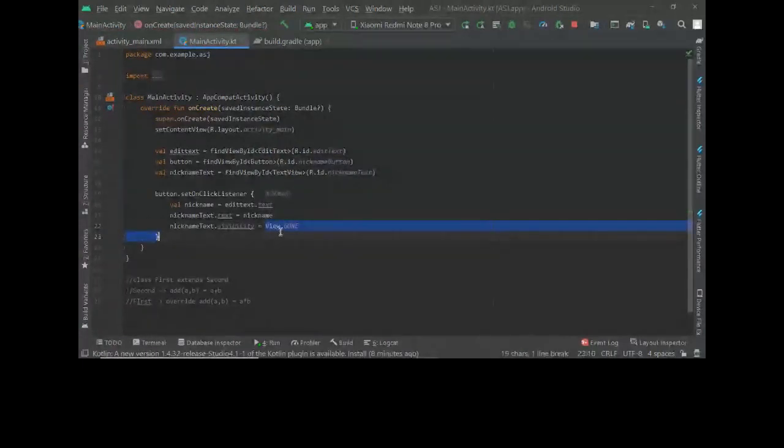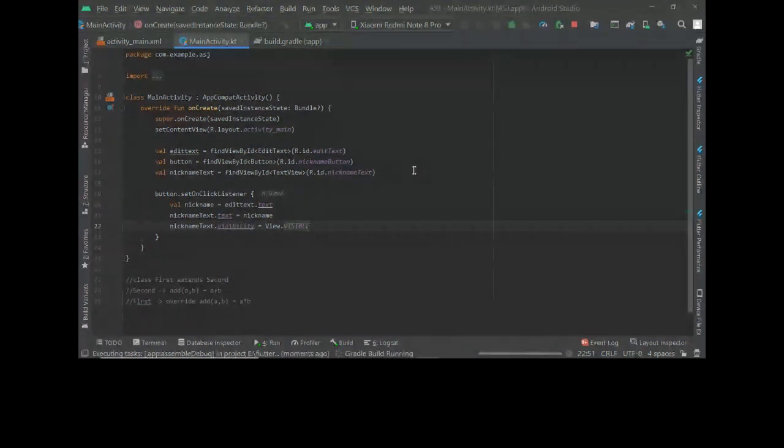View is like a class. In that class, you have this gone. You've seen what gone does, right? Gone makes it invisible and removes the space allocated to it as well. We don't need gone, we need visible. So it does that. Now let's see how that works.